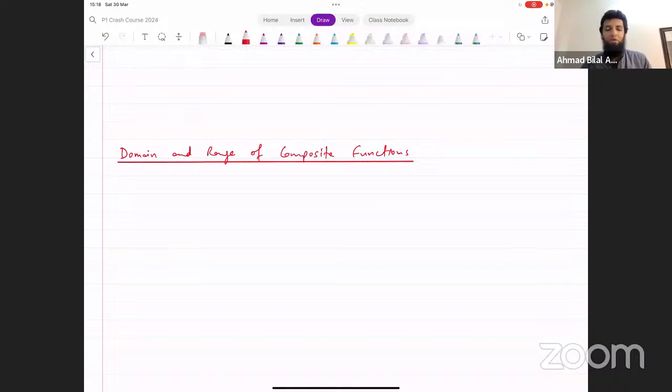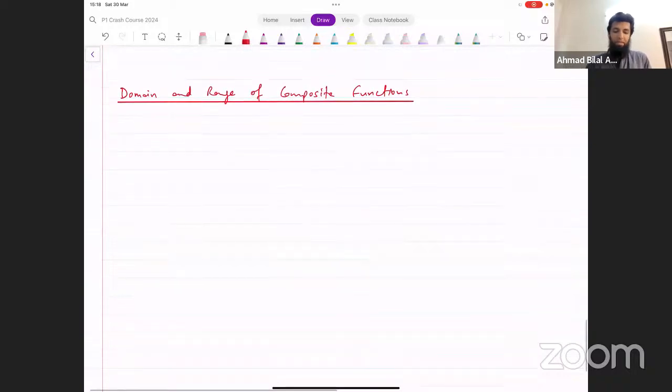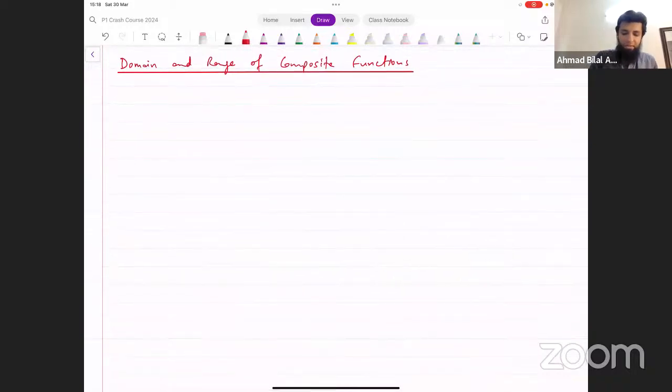All right, we want to understand that. Now let's do that with the help of an example. Let's say we have a function f and we have a function g, and they look like this. So let's say we have f of x,